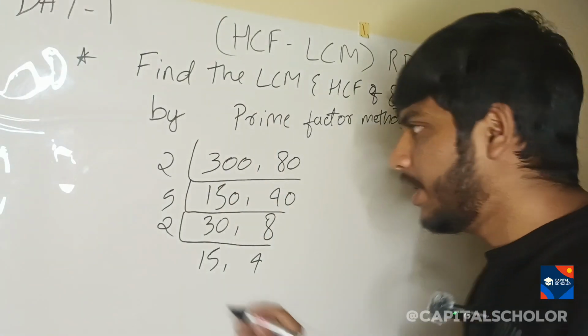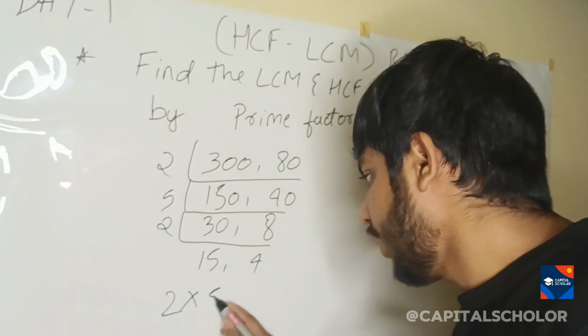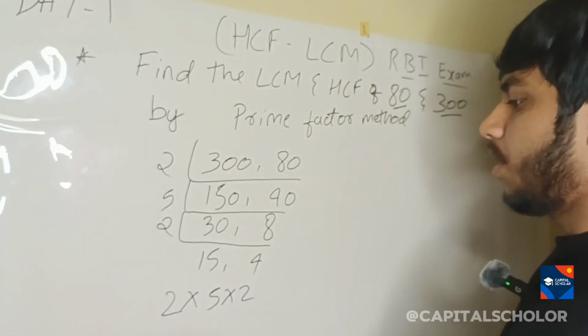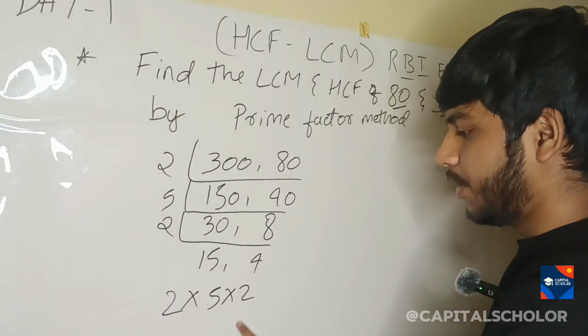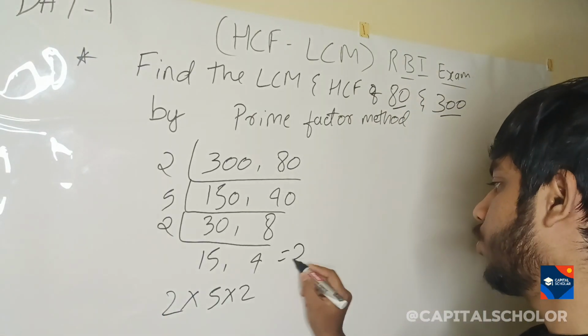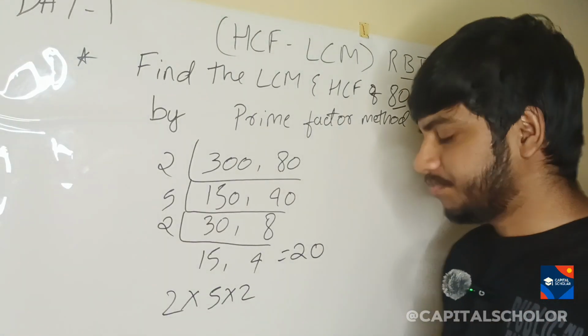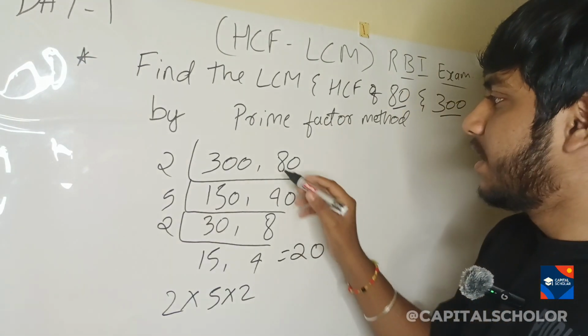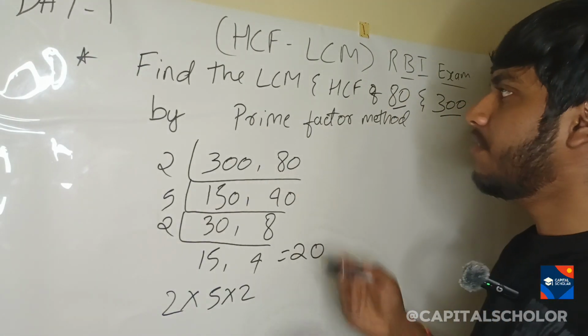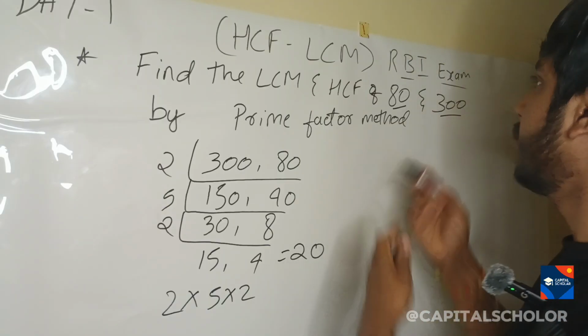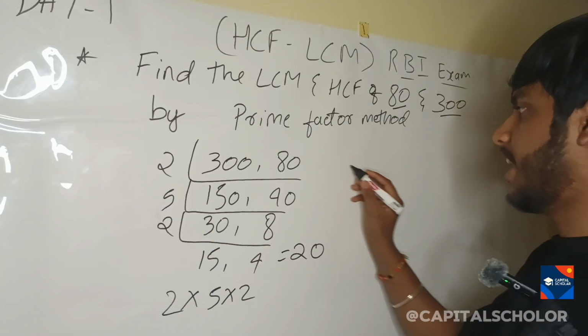So the HCF will be 2 into 5 into 2. What is that? 5 twos are 10, 10 twos are 20. So the HCF of 300 and 80 is 20. Now we found the HCF, and now we will find the LCM of these numbers. So the same thing,